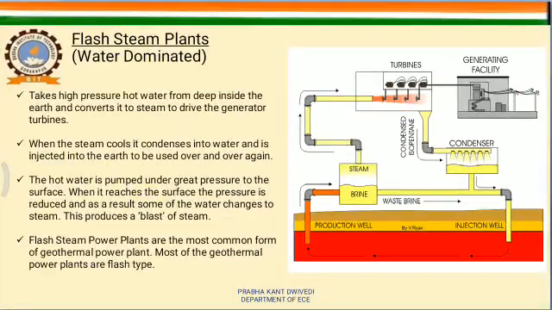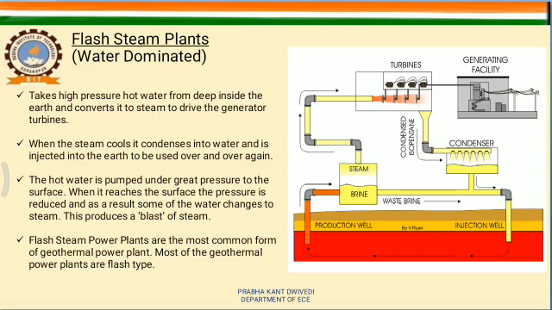The water remains at very high pressure inside the ground, and when it comes to the surface of the earth, the pressure is reduced. At this reduced pressure, the water is converted into vapor. So what is the flash exchanger doing here? This flash exchanger separates the vapor from the water, and the remaining water is returned back to the ground. So the flash exchanger simply separates the hot water from its steam. The remaining is the same as the vapor dominated system.